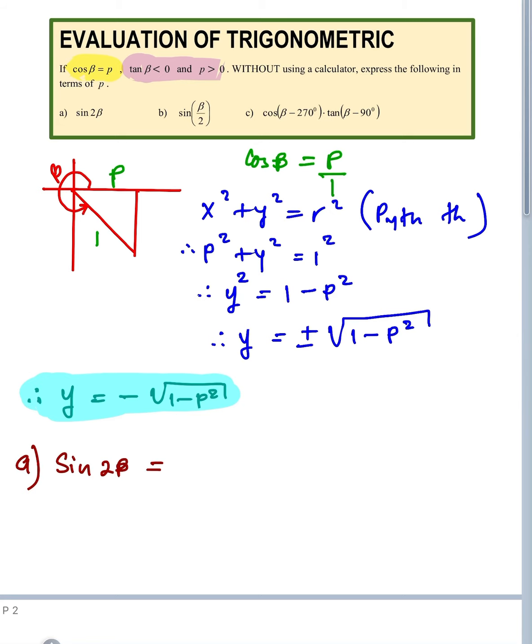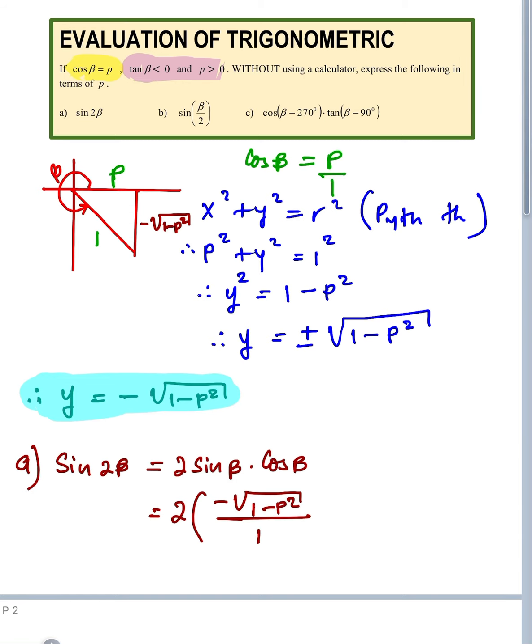We only have one rule for the double angle of sine, which is 2 multiplied by the sine of beta multiplied by the cos of beta. Now we're just going to use trig ratios to evaluate the remaining parts. This is going to be 2 times sine, which in terms of trig ratios is the opposite over the hypotenuse. The opposite we found was minus the square root of 1 minus p squared, so this is minus the square root of 1 minus p squared divided by the hypotenuse,